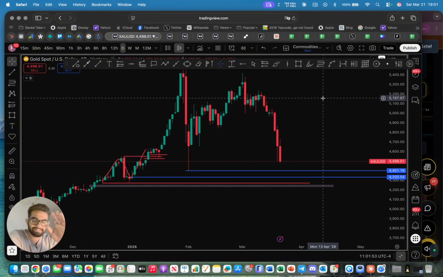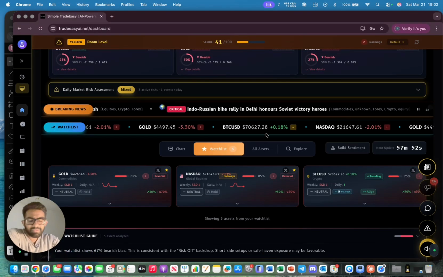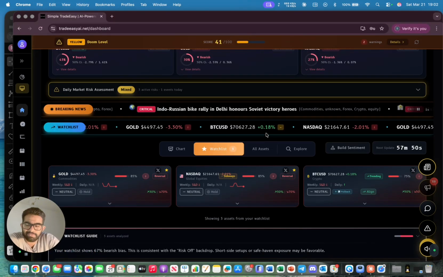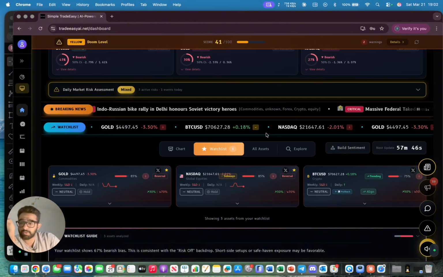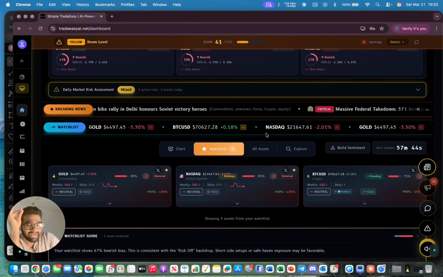Okay, that's that first key level POI that I'm looking at when price goes down. That's the first key level and POI that I would be looking at to even consider any form of buys. Okay, so now this entire research process, drivers, key drivers, sentiment, dashboard, bias, levels, that is what TradeEasy